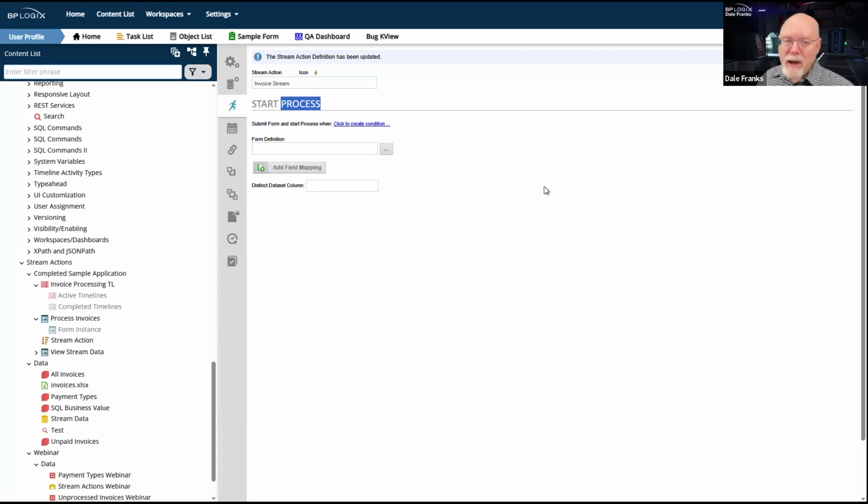Now, that can be a little tricky in terms of implementation whenever you're starting processes in an automated fashion in that way. Because usually in Process Director, a process gets started by the manual submission of a form. An end user opens a form, they fill it out, they click the submit button. That submission starts the process. When you start a process from a knowledge view or from a goal, you're actually not submitting a form.